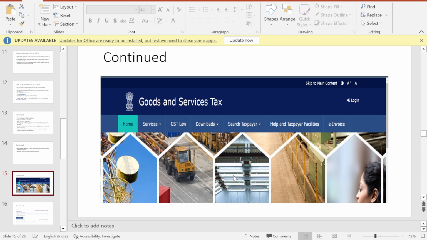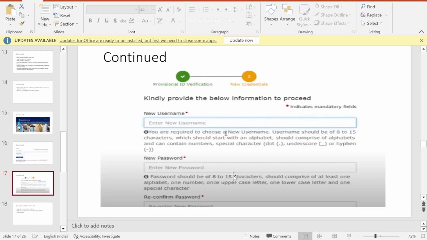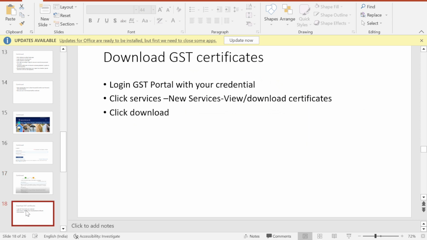You go to the goods and service tax website portal. Right hand side there is login option. Now you put the username, normally first time, your GST number put here. As soon as you put the username, one captcha will be displayed here, and also the place where you can enter this captcha. So enter password and enter the captcha and click login. As soon as you click login, the next page will open, where you have to enter the new username, and the new password you have to enter, and reconfirm the new password, and then login. And what will you see?